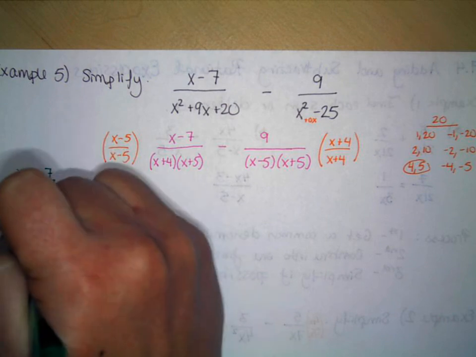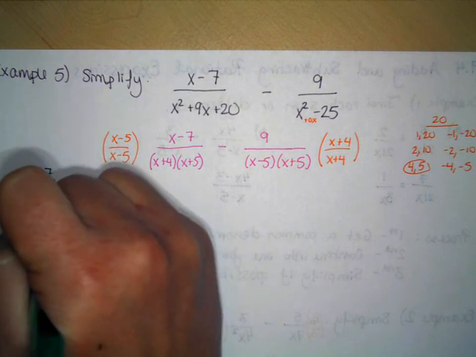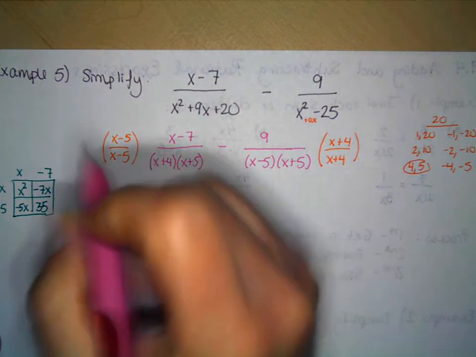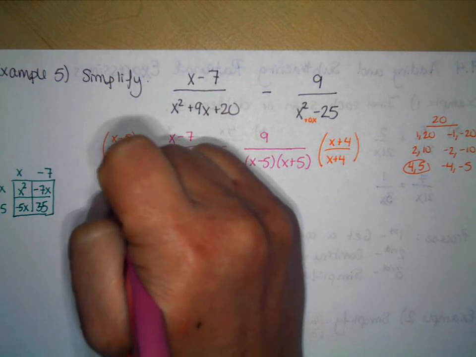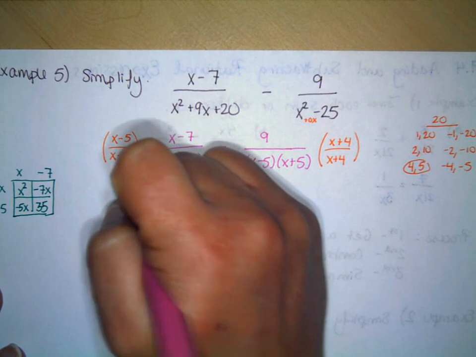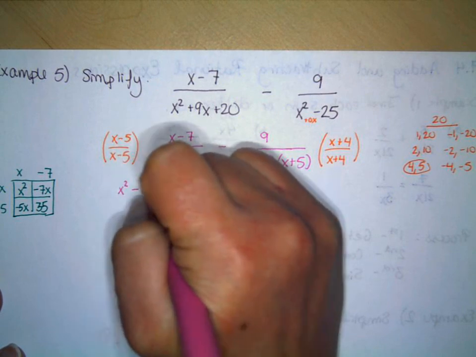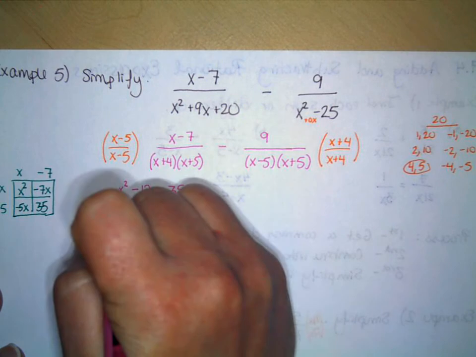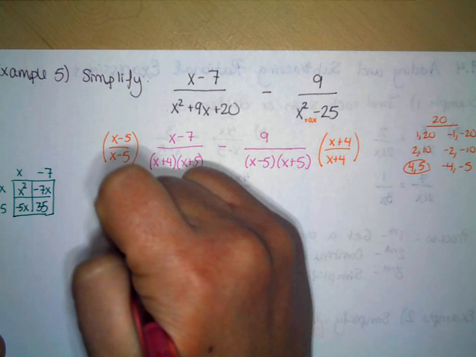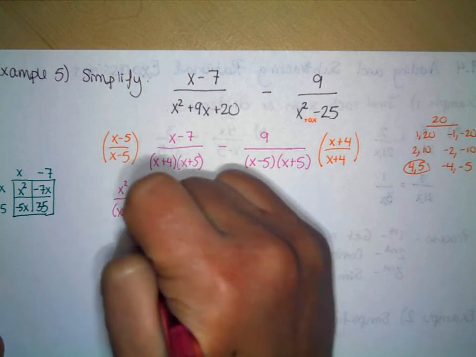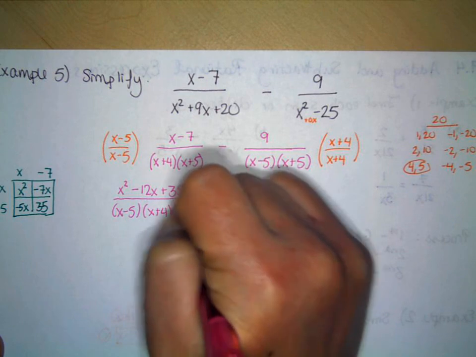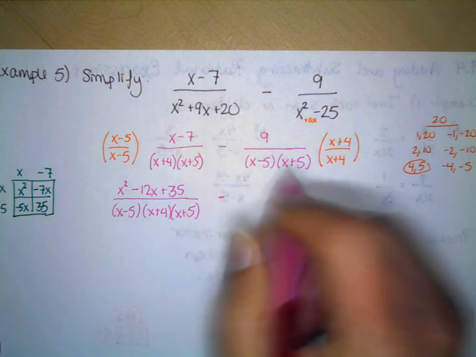Negative 5 times negative 7 is positive 35. So for our first fraction, we have x squared. Negative 7x minus 5x is going to give us negative 12x and our positive 35. Over in our denominator, we have an x minus 5, an x plus 4, and an x plus 5. Minus